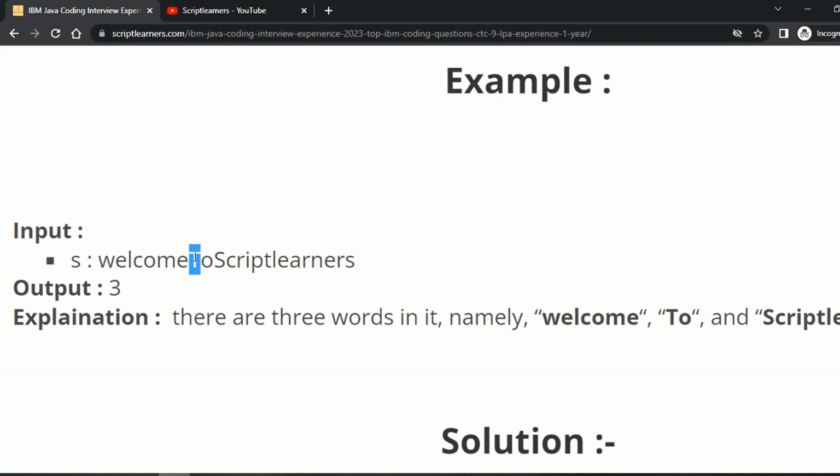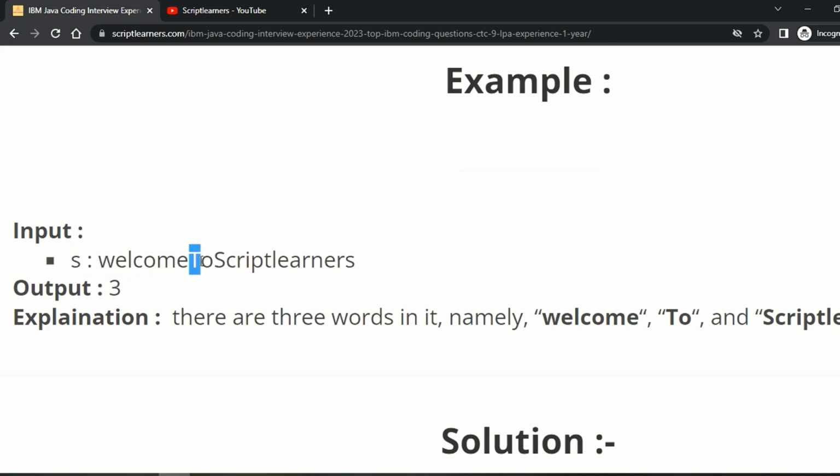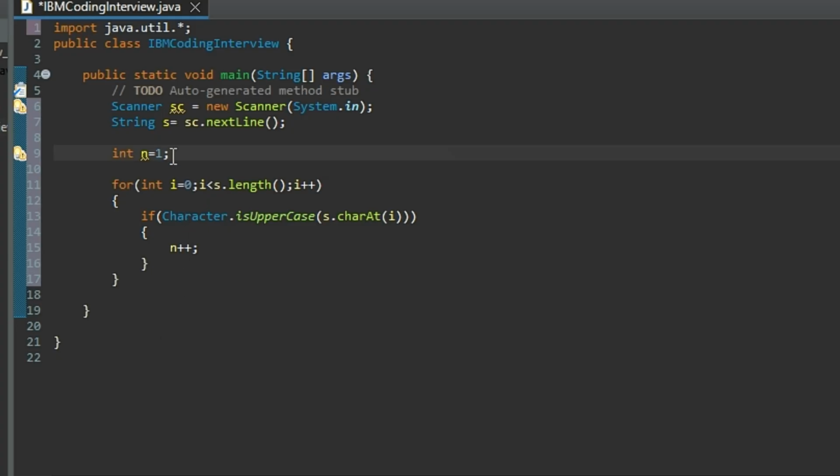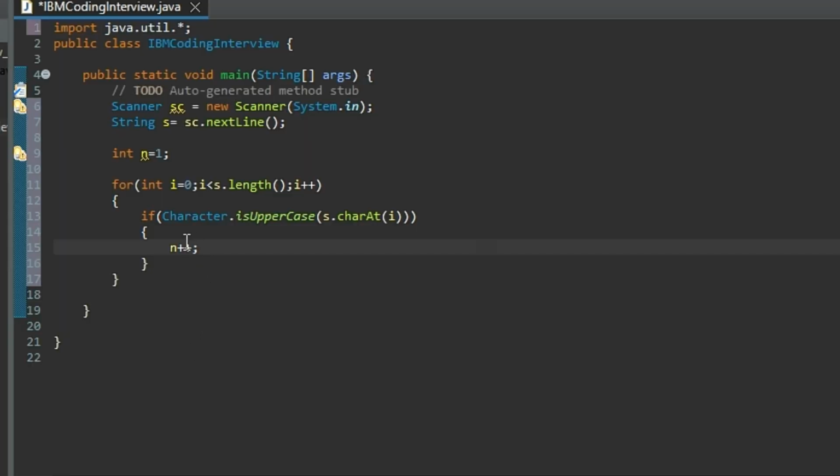Okay. So let's say if our algorithm strikes here, then it will get T, which is a capital letter. Then it will simply increment this variable by 1. Then it will go ahead and it will find letter S, which is also a capital letter. Then it will increment it in the same way. Okay. So at last I will do a sysout